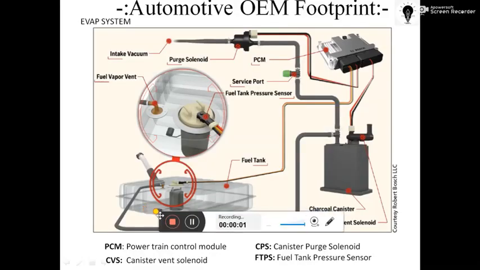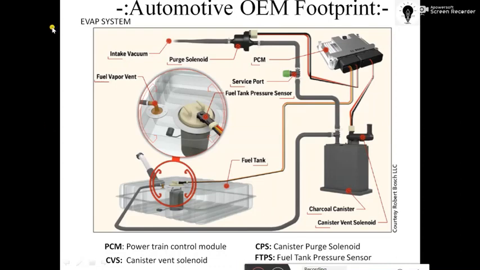Hello class. Now in this lecture we will see another emission control device that is called an EVAP system. Basically this system is used in gasoline vehicles because gasoline is a fuel which may evaporate at low temperature also, and this system is useful even while running as well as when you park your vehicle in an open area, directly exposed to sunlight.